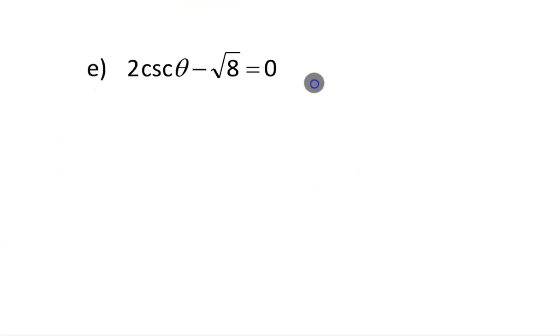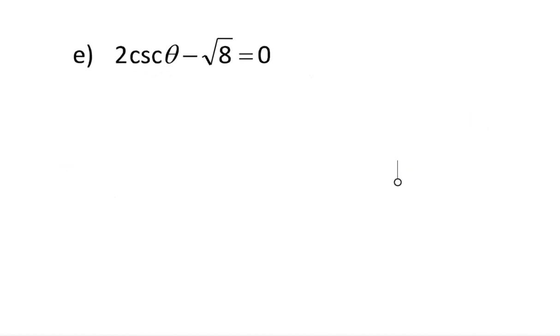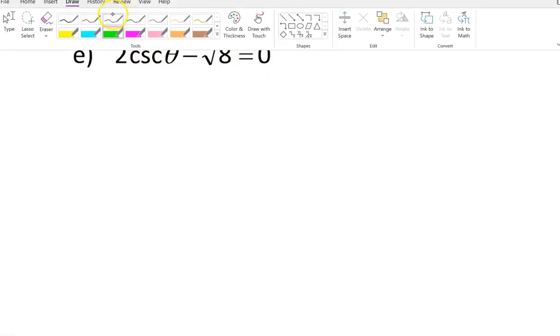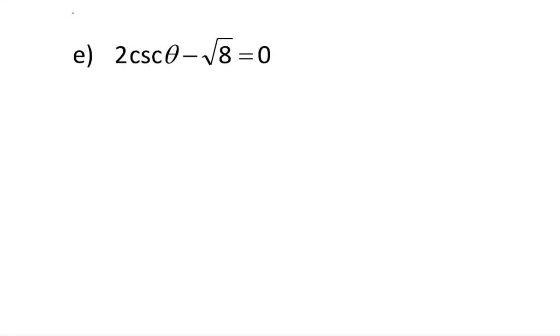Okay, and here's letter E. I can do letter E as well for you. In letter E, it's asking 2 cosecant theta subtract root 8 is equal to 0. So we're going to follow our steps just to isolate it first. We're going to say 2 cosecant theta is equal to root 8. And there's a 2, of course, so we're going to have to divide 2 from both sides, and you get cosecant theta is equal to root 8